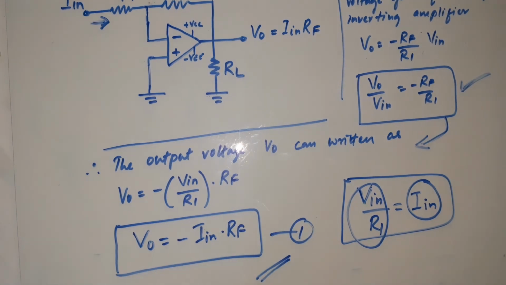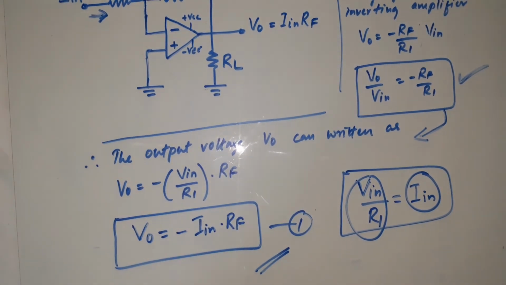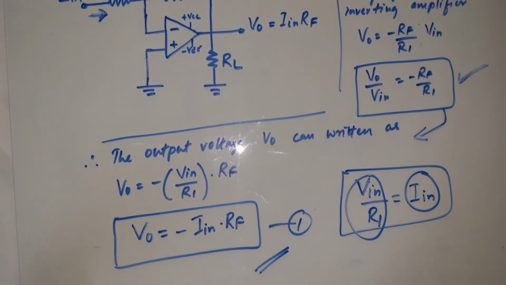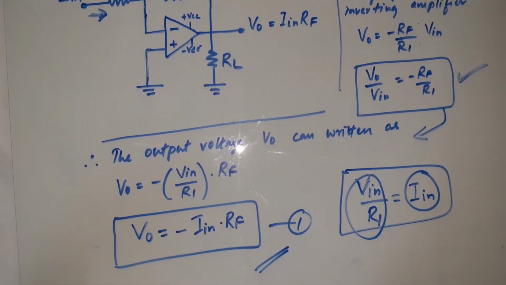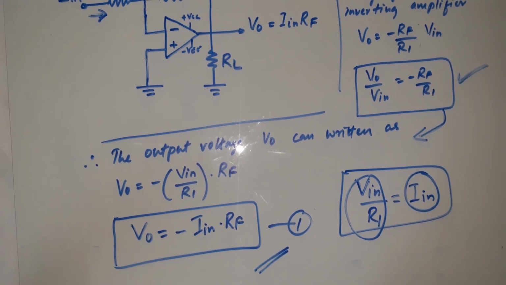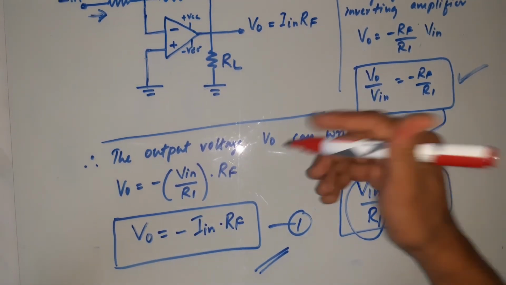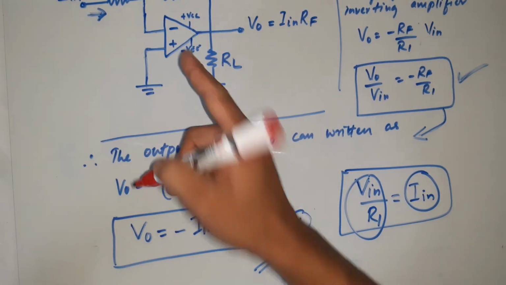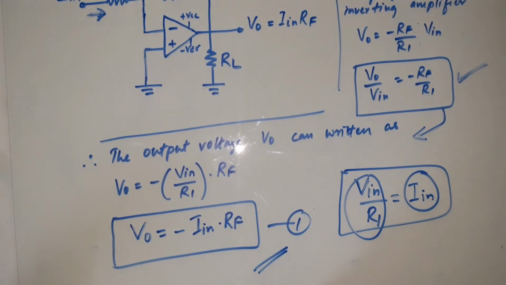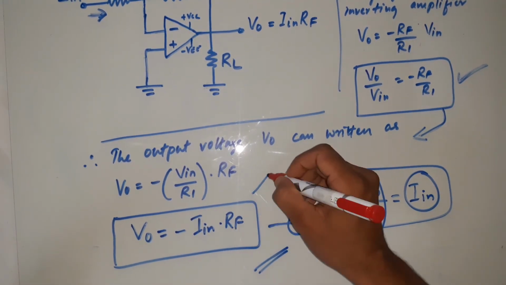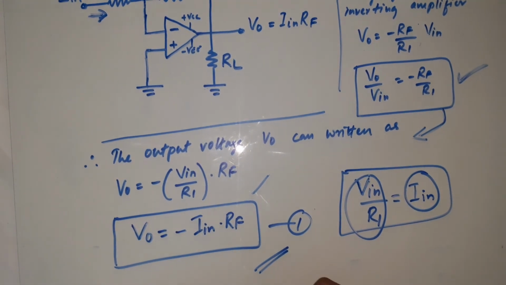Alright. So one of the most common uses of this current to voltage converter is in sensing for detectors, and it is also used in some digital to analog converters. Alright. So the concept is very simple. We will be using an inverting amplifier, and this is what you already know, right? Okay. This will end here.